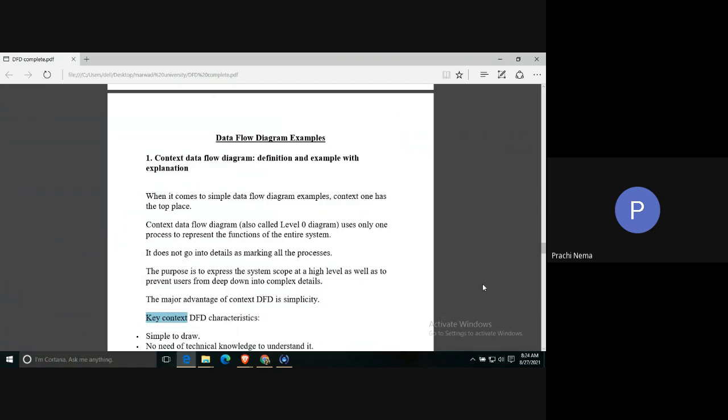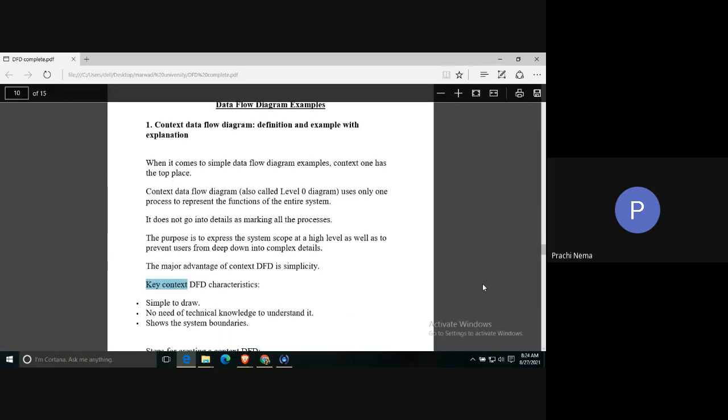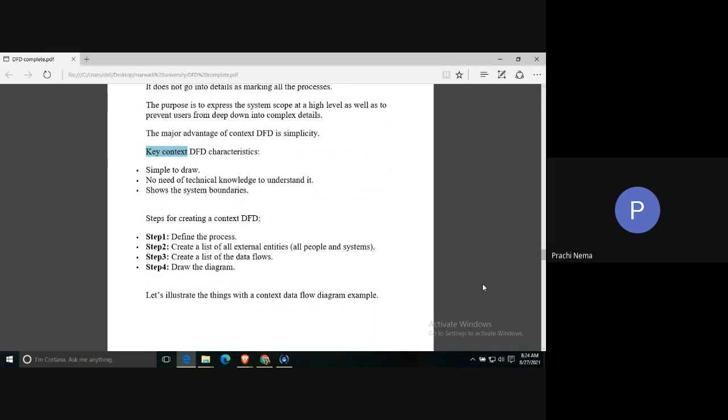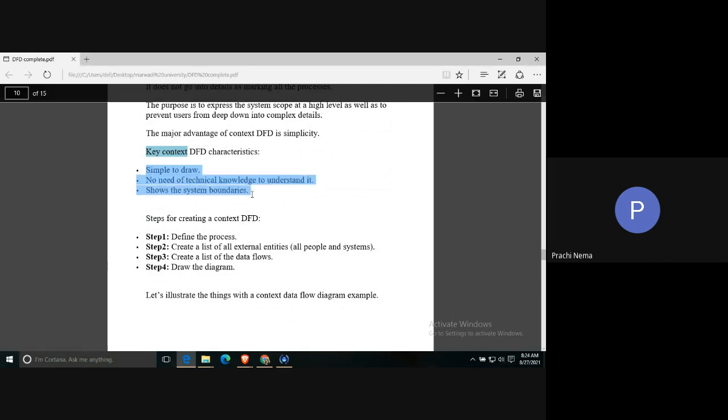See, another example which will make your understanding more clear about DFD is, we will take an example and see how to draw the DFD stepwise. But before that we need to know why we start making from zero level DFD. Why don't we directly jump to one level DFD? I have told you, but a more clear explanation is given in these 3 points.